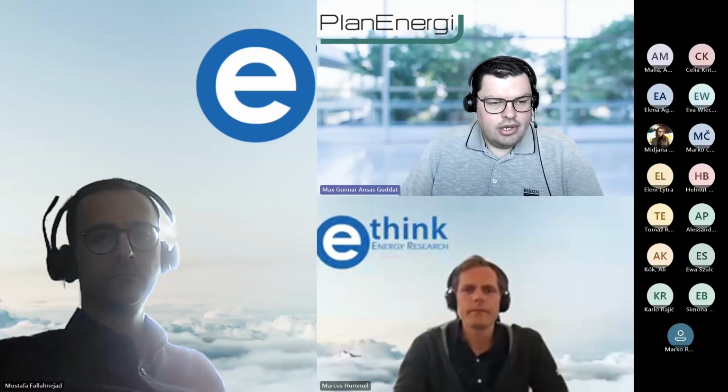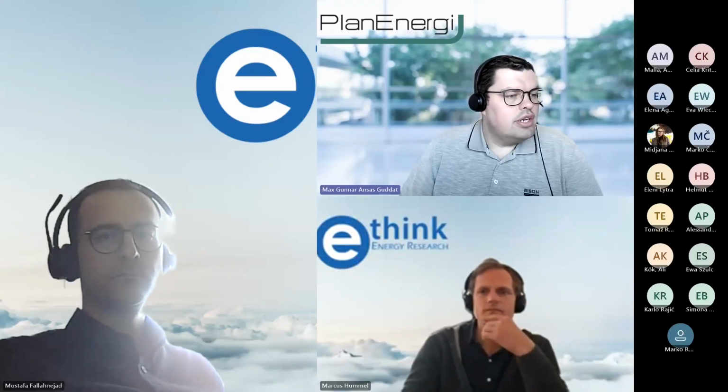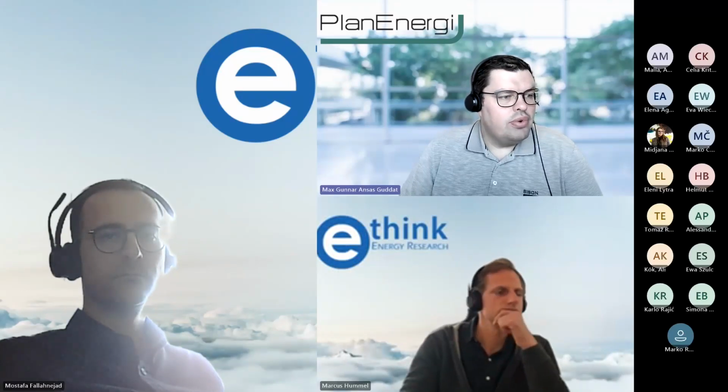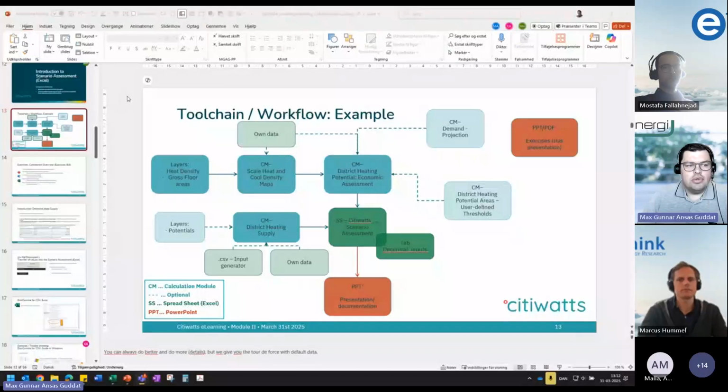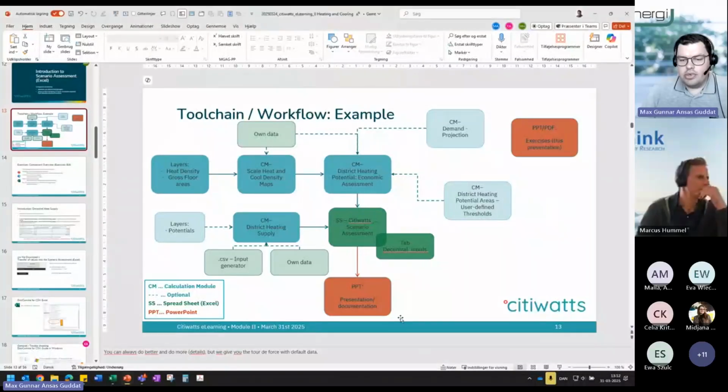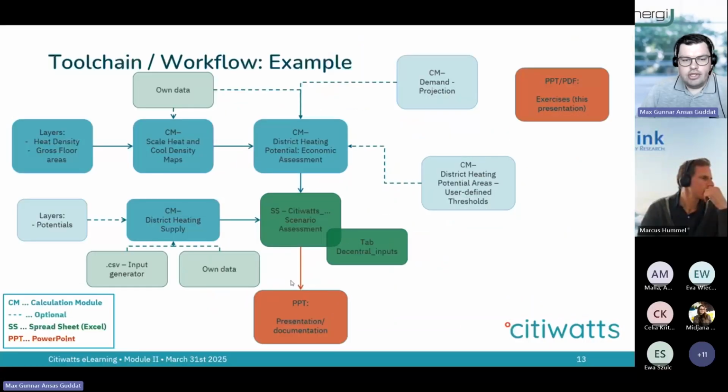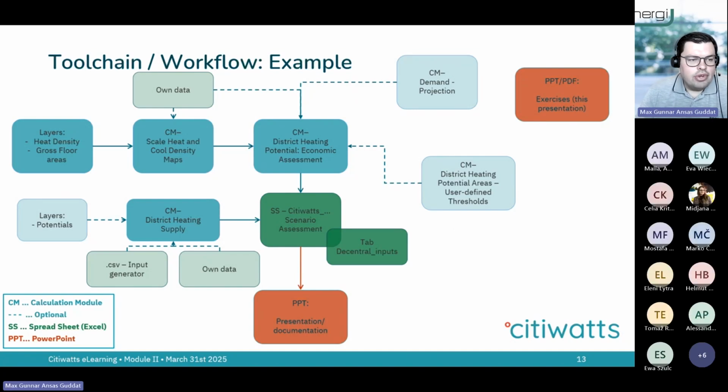I'm presenting on the toolchain, as said, the workflow, how to apply the toolbox basically, or the citiwatts tool for district heating investigations. I already presented this briefly in the introductory webinar, but we're going to elaborate that further today. So the whole thought of this is that the toolbox on citiwatts, the maps, it consists